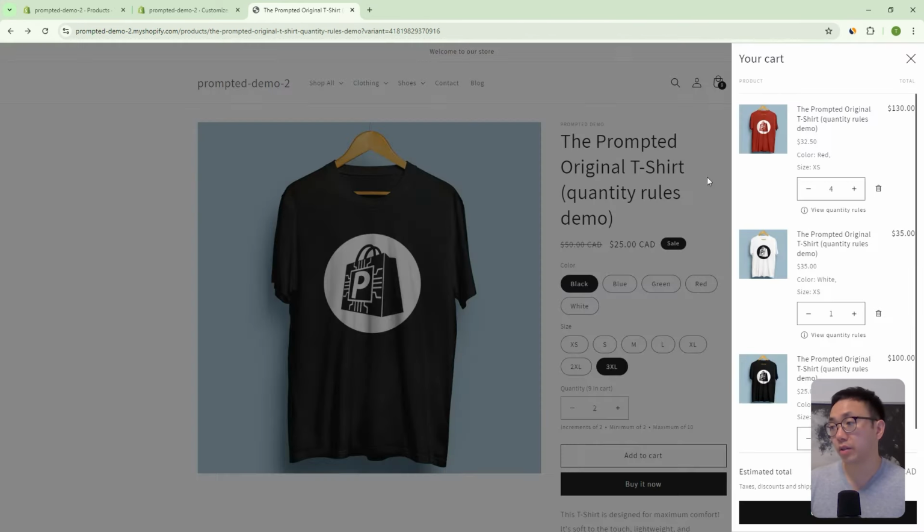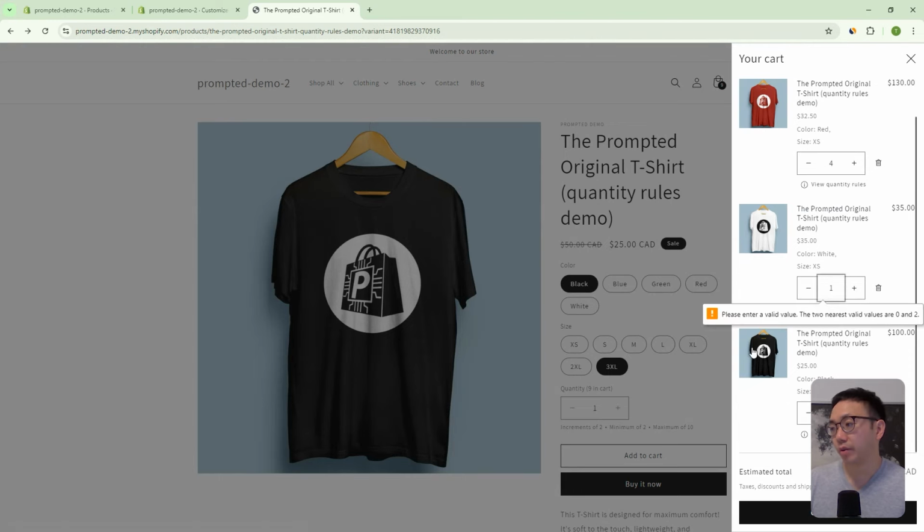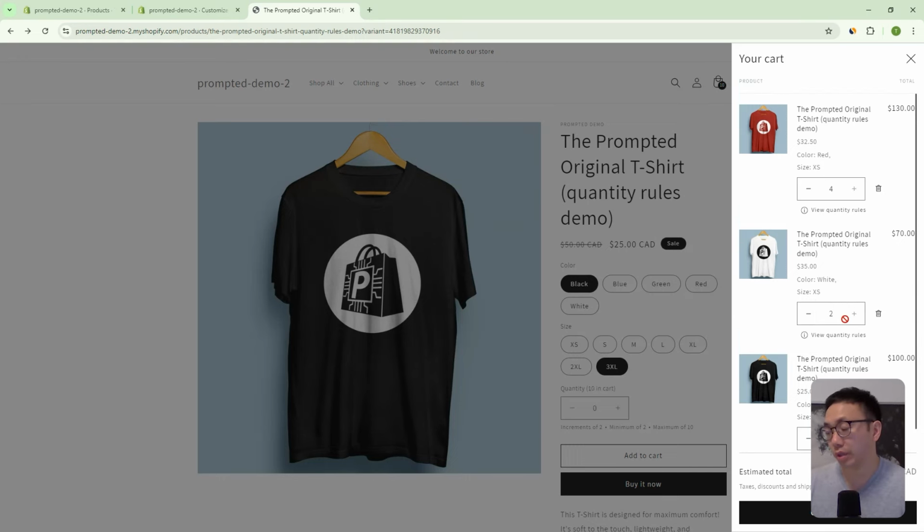So it's add to cart. And now we have 9 total in cart. And if I try to check out, it's going to throw an error, right? Because this one here is telling us that it has to be either 0 or 2 because we're in increments of 2. That's part of the rule. So we can add another one here, and now we can either go to 0 or 2, and we can